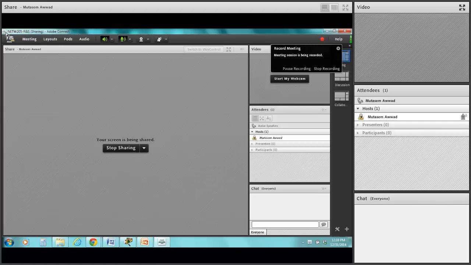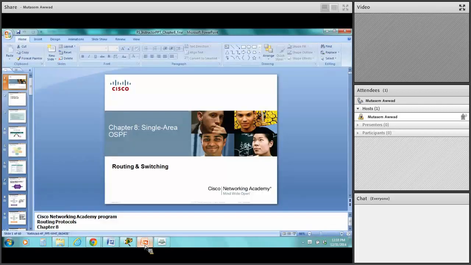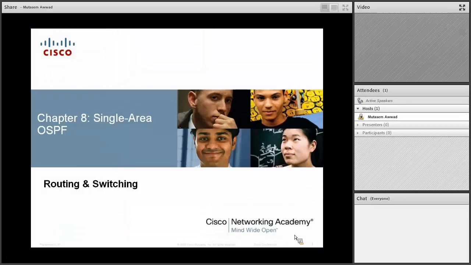Hello, and welcome to Chapter 8. In Chapter 8, we are covering OSPF, OSPF single area. So in OSPF, you can have multiple areas, in fact, not just a single area. And that's what makes it so